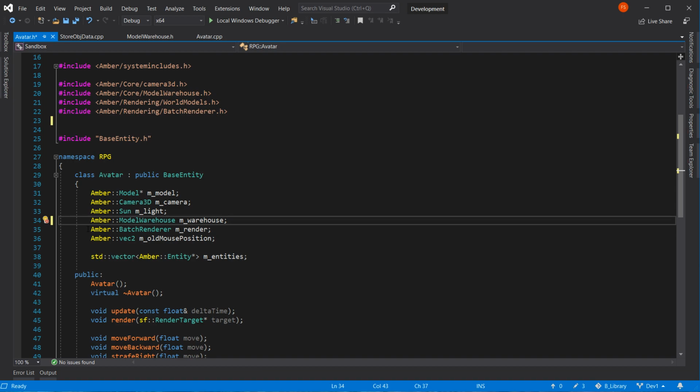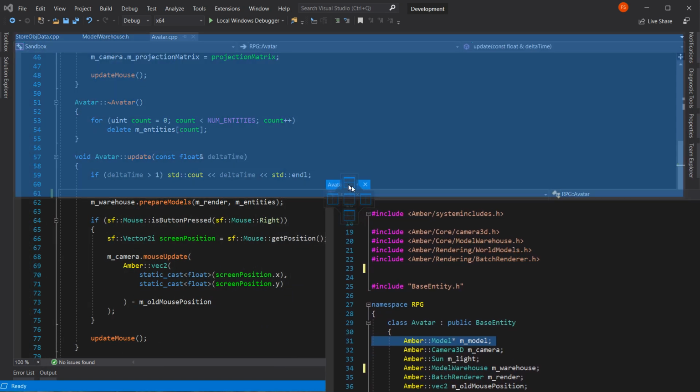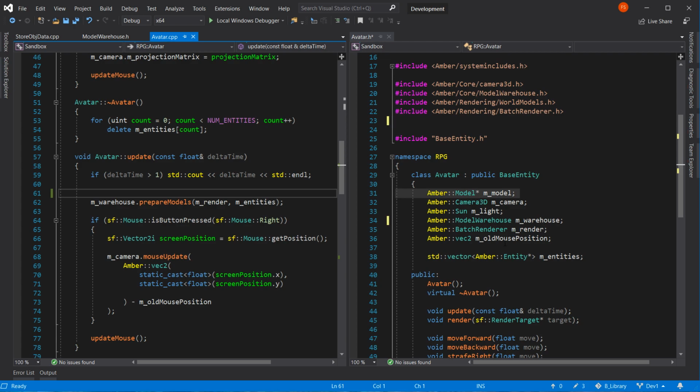Well, we don't need the model at all. Why do we need the model? This is a structure decision now. This is a design decision. So what I am actually thinking of doing is taking everything here